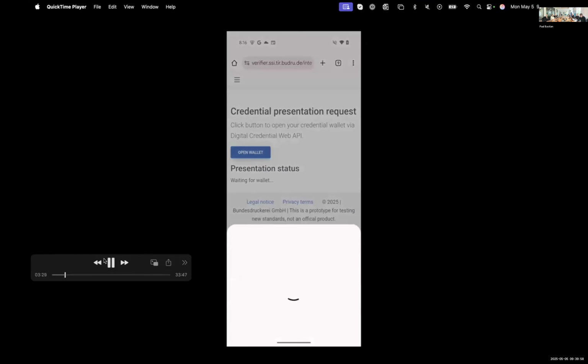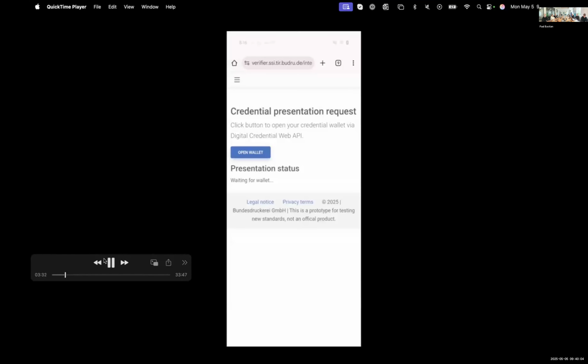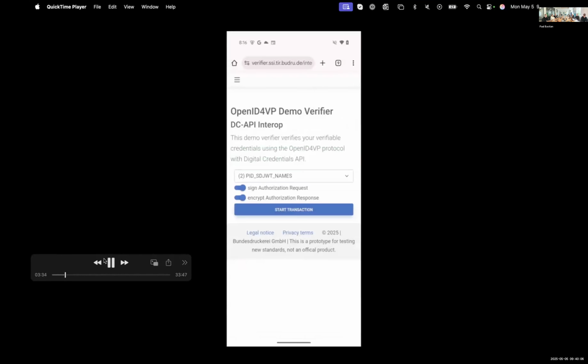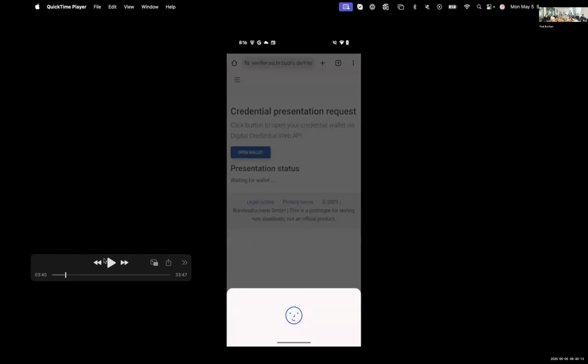So there you see the other scenarios. This is SD-JWT now. Yes, exactly. I think the DC API lays a really good foundation for multi-wallet, multi-device scenarios to be secure and have a good user experience.